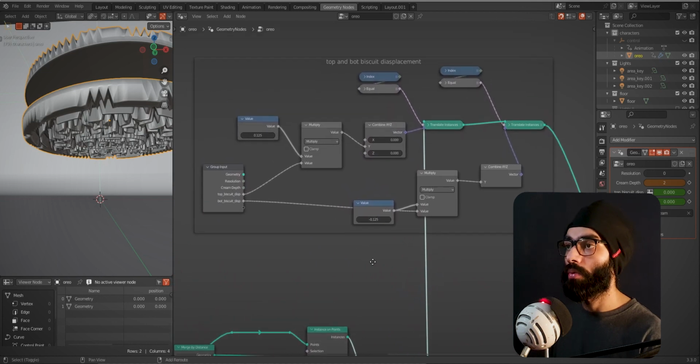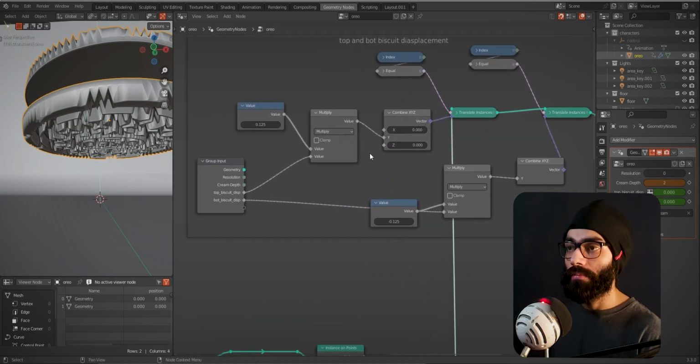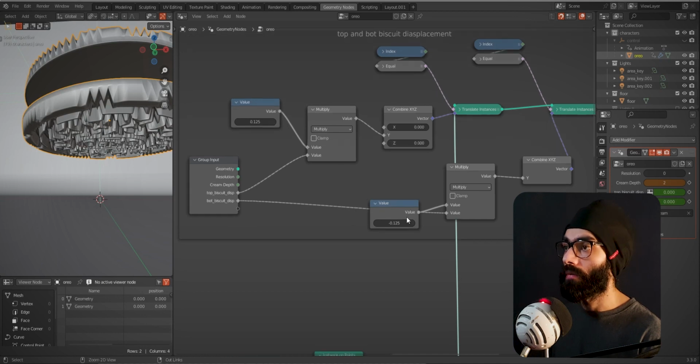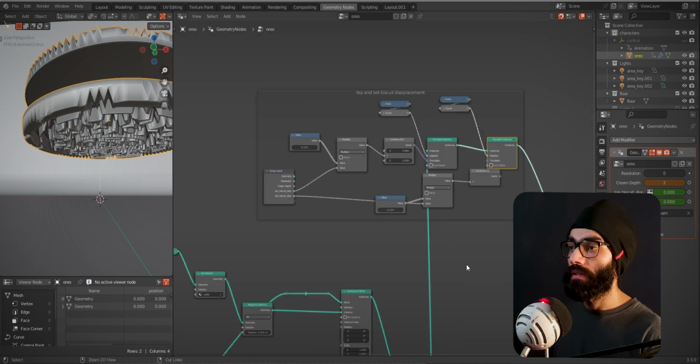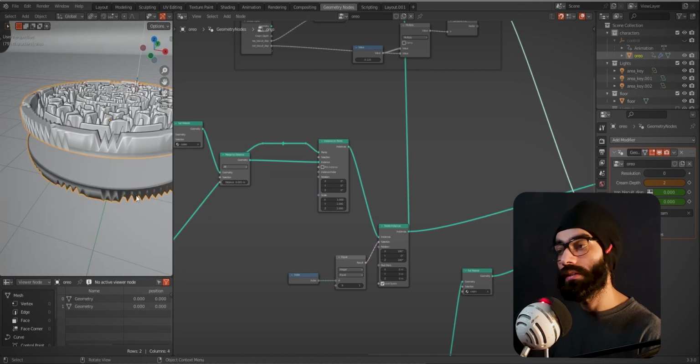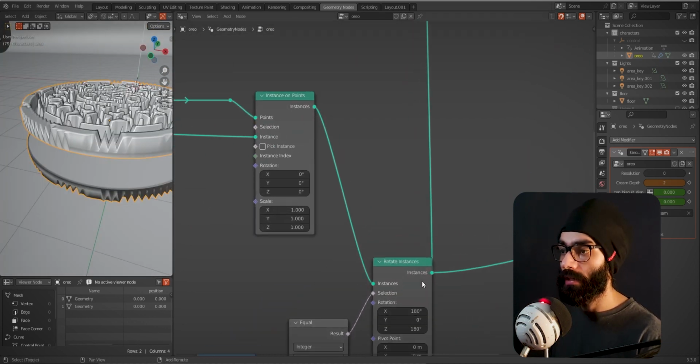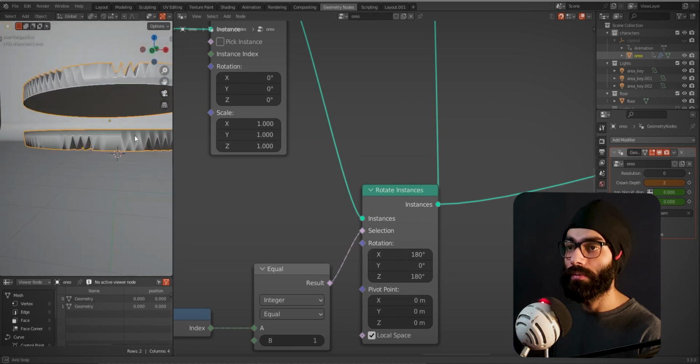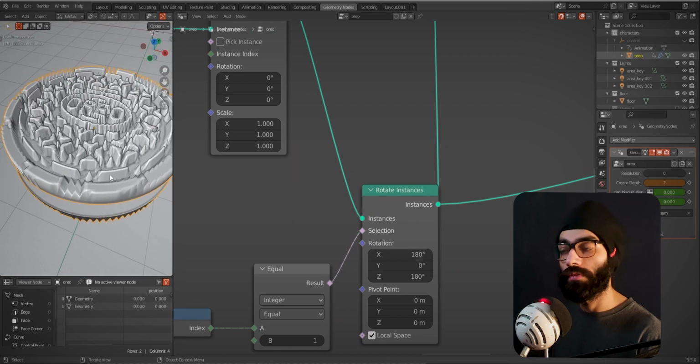No, this is completely different: top and bottom biscuit displacement. So what is happening here is group input, then translate instances. Just like we have rotate instances, because we've rotated it. We took this one and rotated it in the X direction by 180, that's how we get this, and then even in Z by 180, so it looks the same when flipped vertically